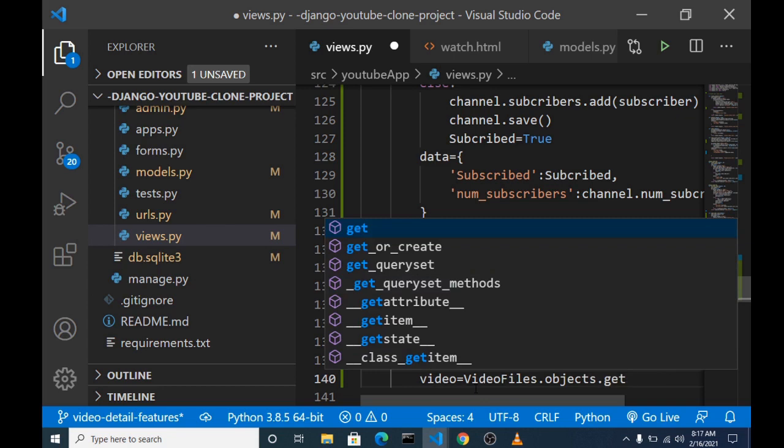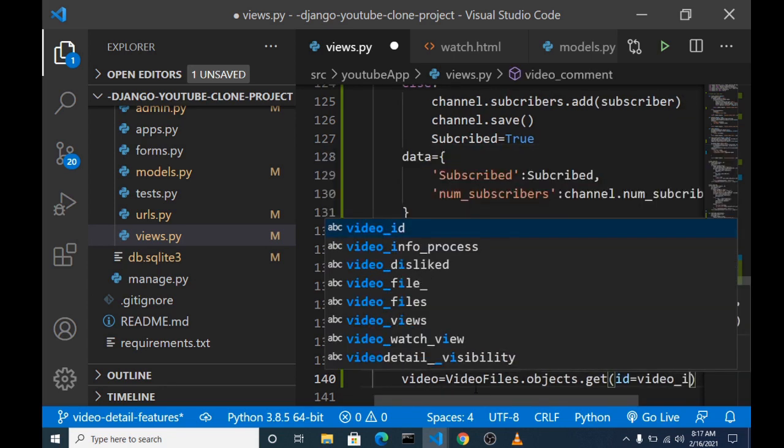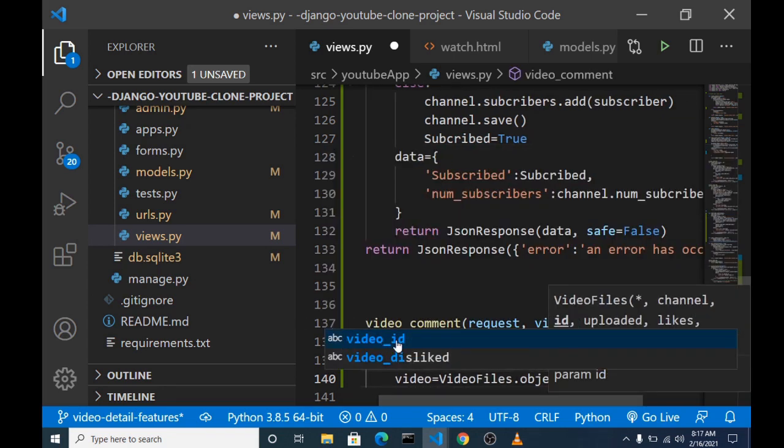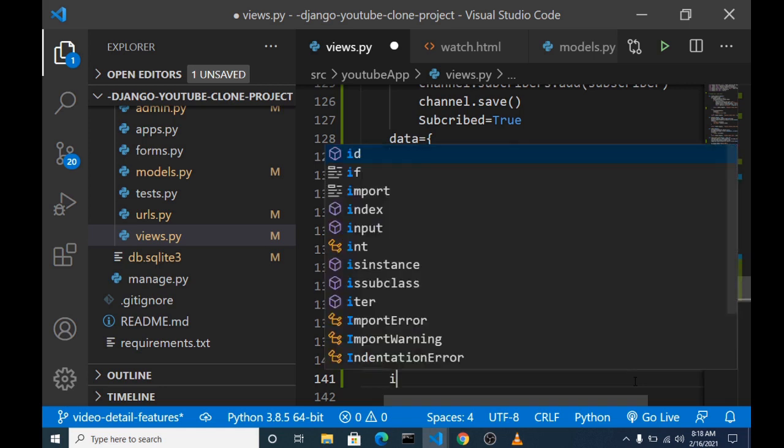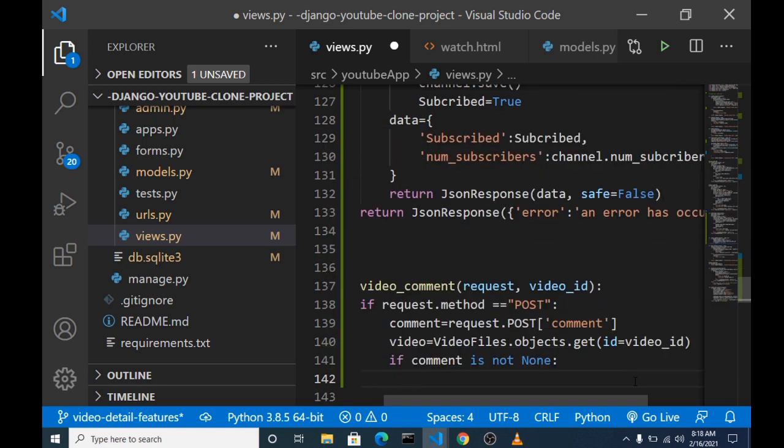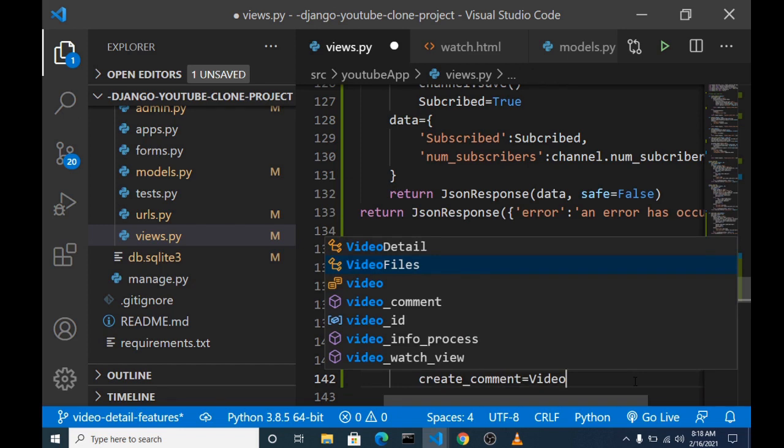Object.get underscore ID. Alright, so once we have the video, we can create a very simple validation to make sure that our comment input box is not empty. So we check if the comment is not null. We want to create a comment. We create a variable called create comment, video comment, which is the model of the comment.